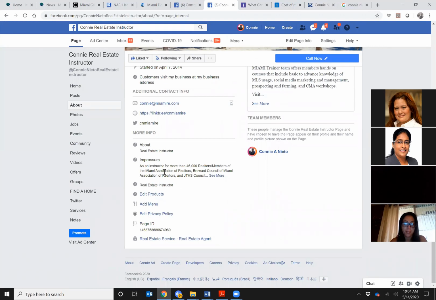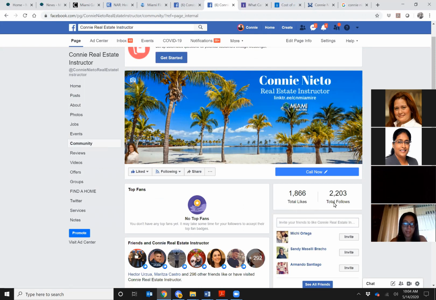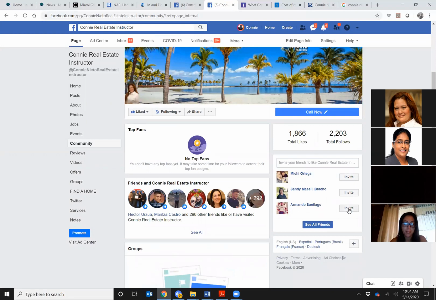After that, let's click on community. On the left-hand side, you should see community underneath your name. If you don't, there might be a more button and you can select it. What's your community? The people that follow or like your page. Growing likes on your page is not always easy. But if you're a user of Facebook and you have friends, it becomes easier and easier to invite your friends. You should all have a portion here so that you could see the friends that you have on your personal page. And if you're interested, you can actually click on See All,